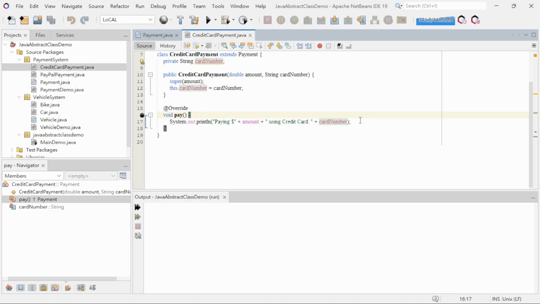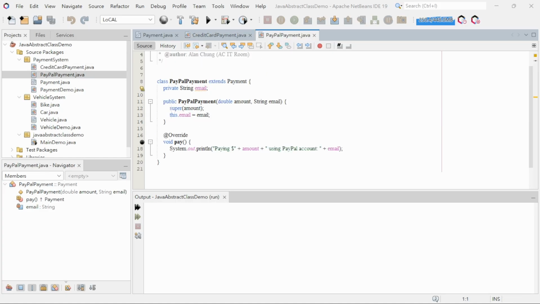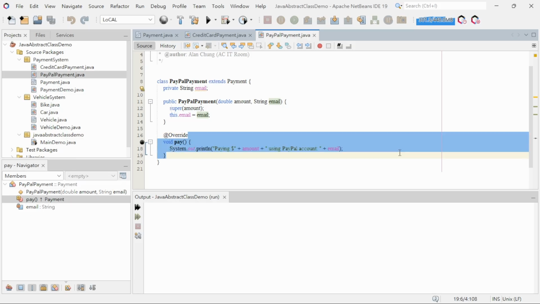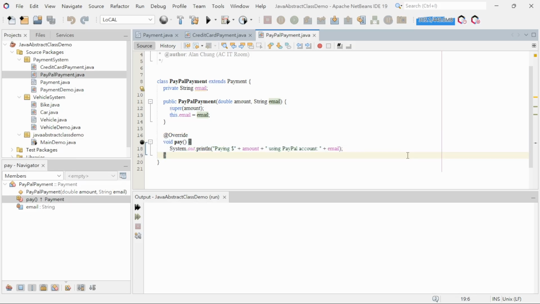"Paying $100 using credit card 1234." Now let's look at another subclass, PayPalPayment, which also extends our abstract Payment class. This class introduces a new property, email, representing the user's PayPal account. In the constructor, we call super(amount) to initialize the common payment amount and then store the PayPal email for this specific transaction. We then override the abstract method pay, giving it a unique implementation. It prints a message like "Paying $100 using PayPal account